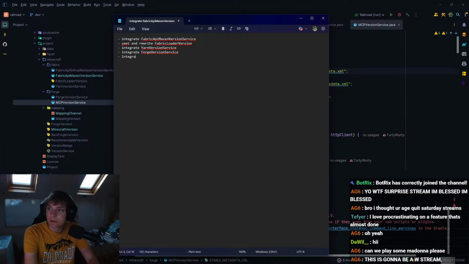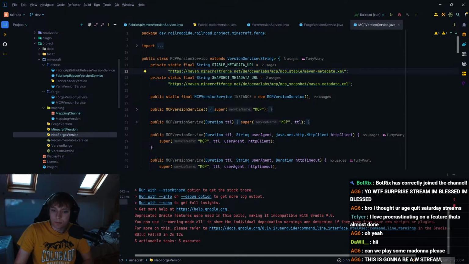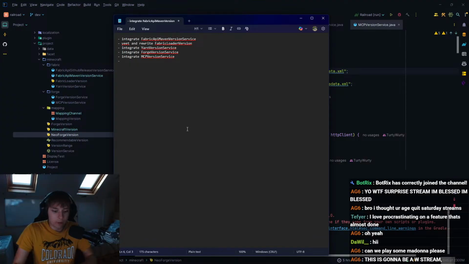So once again, this is going to be integrate MCP version service. Then we have NeoForge to deal with. So for NeoForge, we're going to have to create a NeoForge version service, and then we need to do Parchment as well.